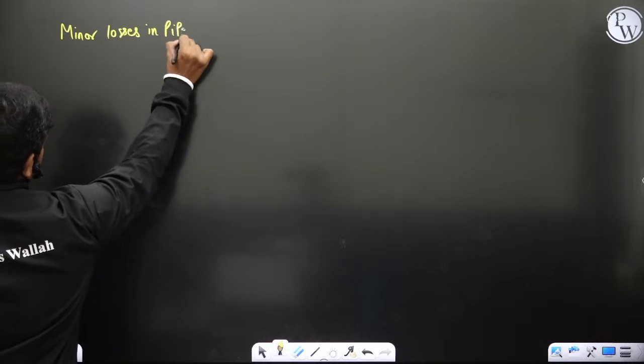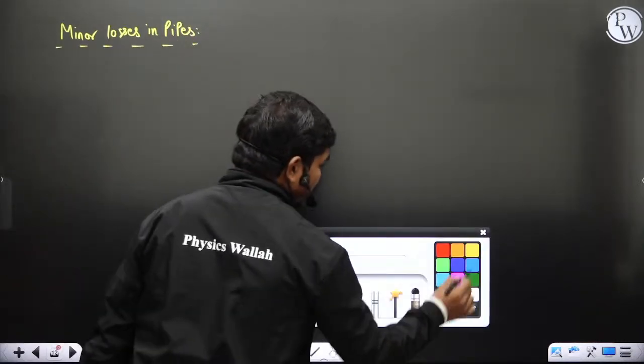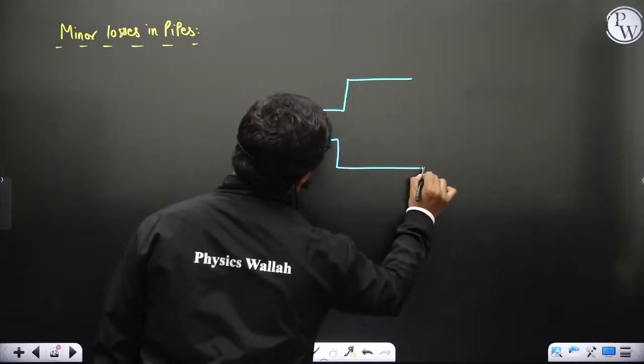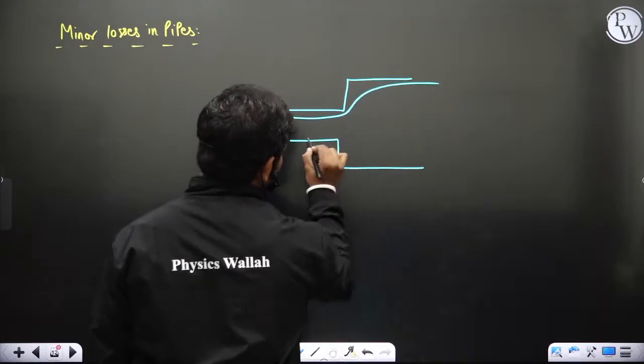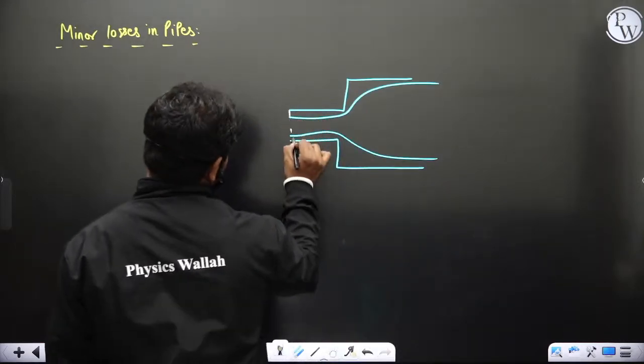Minor losses in pipes actually. Okay, so this is minor losses in pipes. Now when there is a sudden expansion, what happens here is the streamlines will take this direction, and if you take this control volume,